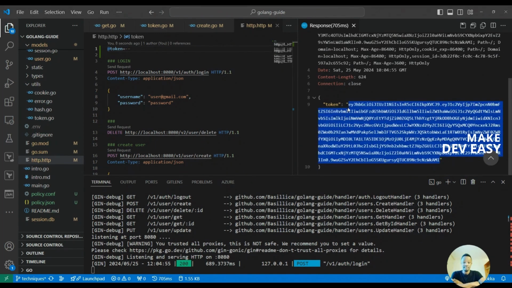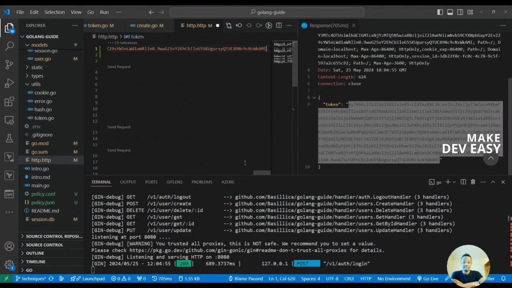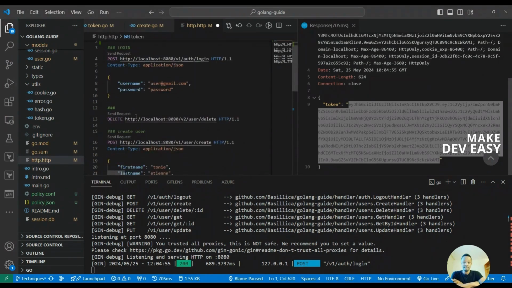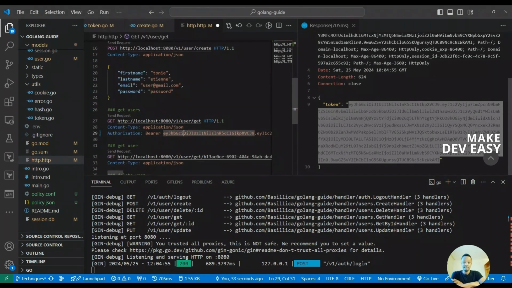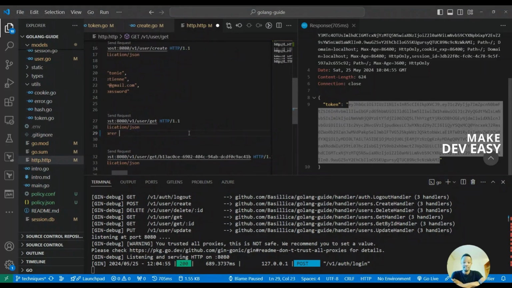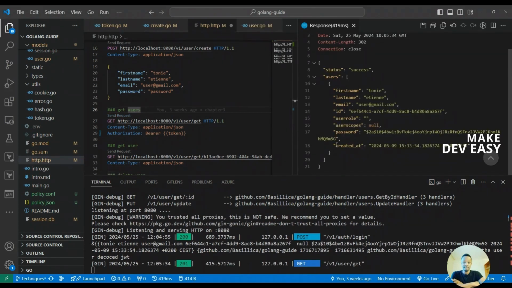So what we can do is copy this one from here, and then I'll just put this in this variable we created over here. And so now if we go to, let's say, get users, I can now remove this from here and use the one we had over there, and it was called token. That way we don't have to paste this everywhere. And so now we try to get all users,